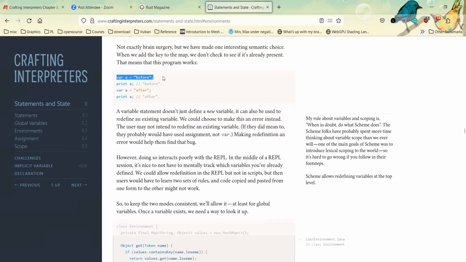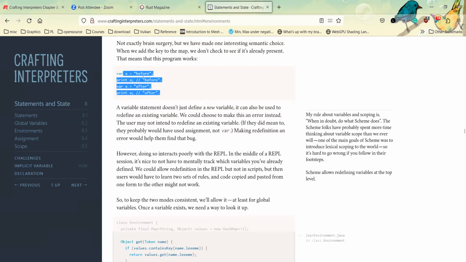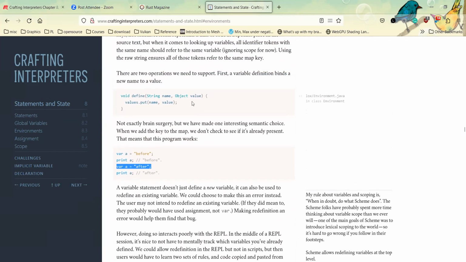And now we need to make a semantic choice. This is shadowing, where we redefine an existing variable, which in some programming languages is an error, but here in Lox, we just say, oh, it's okay. Let's just